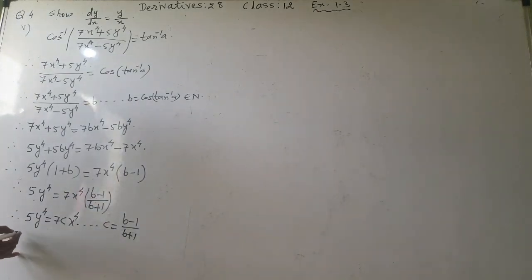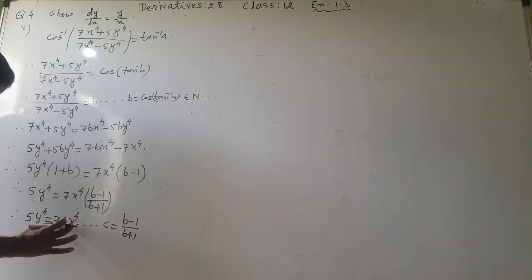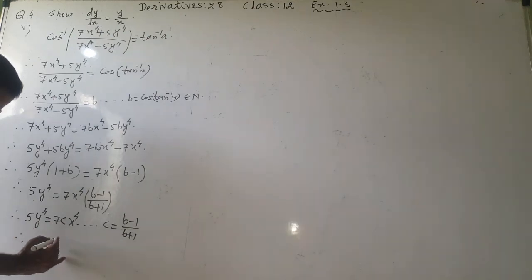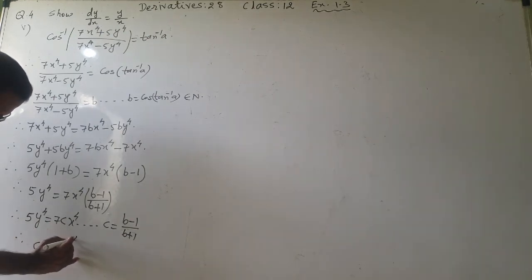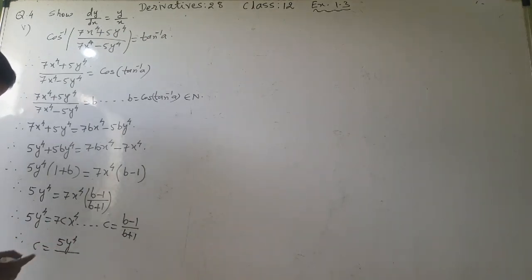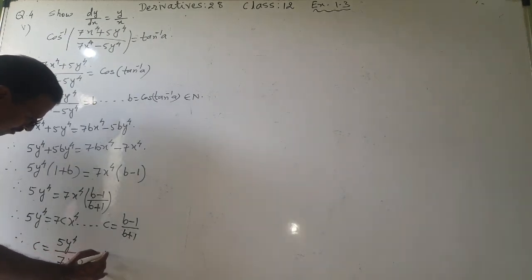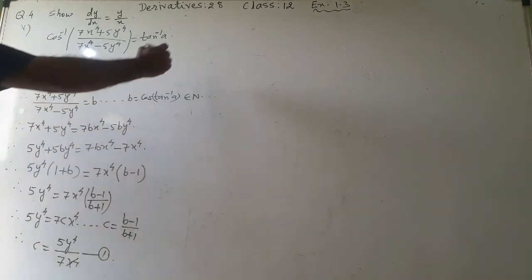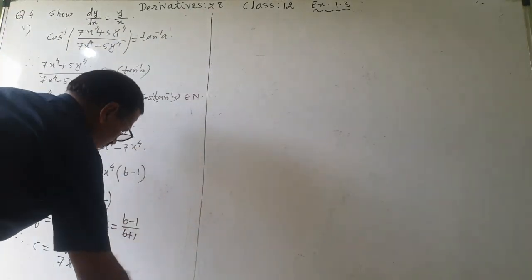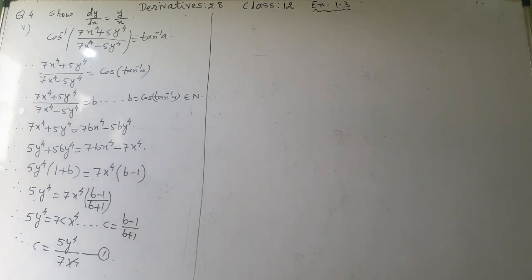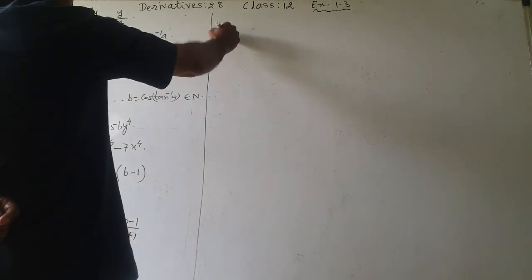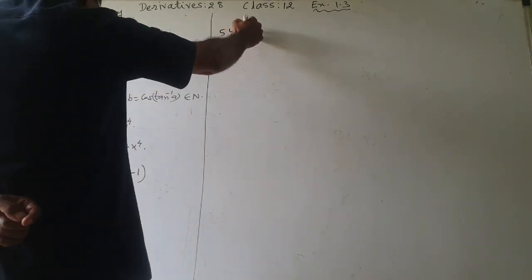Therefore, what is the value of c? That also I will find. So c is equal to this much part, 5y raised to 4 upon 7x raised to 4. This is our number 1. So now this I will take and differentiate. So what is that? 5y raised to 4 is equal to 7